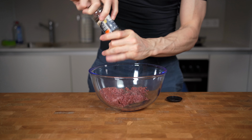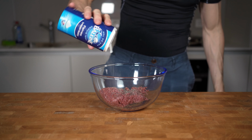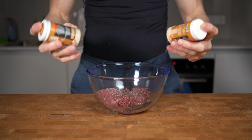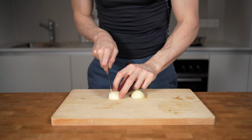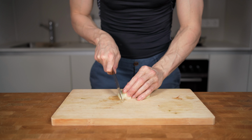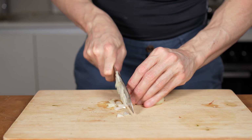For spices, I will start with 10 to 15 cranks of black pepper, a generous amount of salt, and when I'm super lazy I would add 1 to 2 teaspoons each of garlic and onion powder. But if you want the best tasting meatballs, I would absolutely recommend chopping up 1 small onion into very small pieces. I will first cut a couple of times orbital, turn, and then dice this again super fine from root